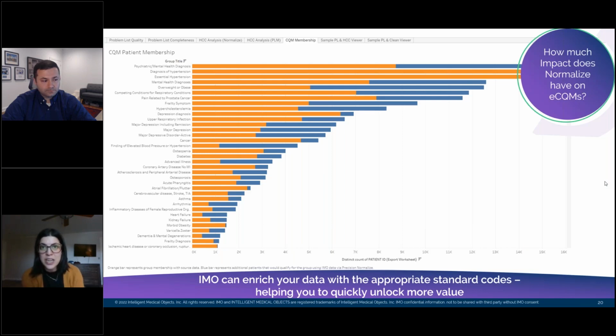In this graphical representation of an actual client, we were able to normalize their data warehouse that they were using for their quality measure reporting. And when we normalized that data warehouse, in orange were the patients that were previously pulled into their measure, and the blue was the patients that were actually pulled into the measure after that code enrichment. And now we can have an accurate view of our clinical quality measure achievement and not only feel confident in what we are reporting, but also be able to make informed decisions of how to truly improve patient outcomes and deliver the highest quality of care possible. And Precision Normalize gives you the insights to be able to do that. We will dive further into that use case next week.